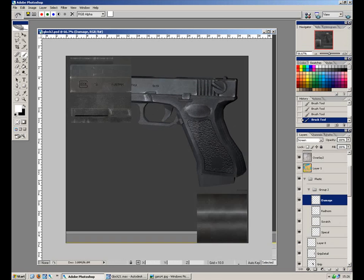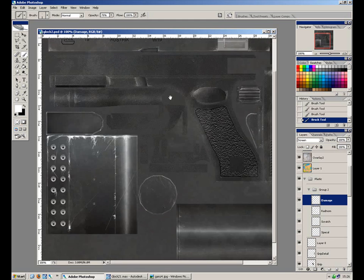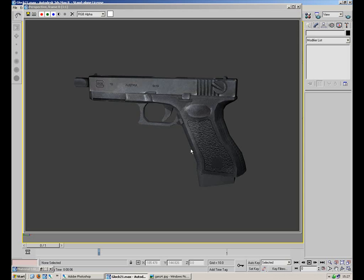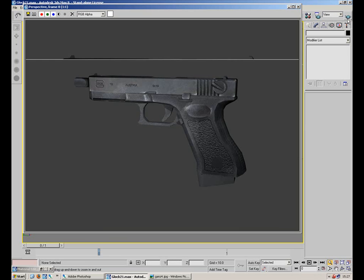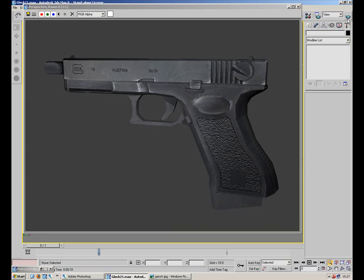So yeah, as I said, the next tutorial, my little block sign disappeared. The texture will most likely be finished on my end. You know how to do some plastics now. You also know how to do metal, and hopefully you can figure out the rest of the texture yourself. If there are any little details you like, you're free to do whatever you want on the texture. This is just what I've done with mine. Anything that I do over my texture, I'll probably go through and explain in the next tutorial, give you some sort of idea about what I've done. But until then,